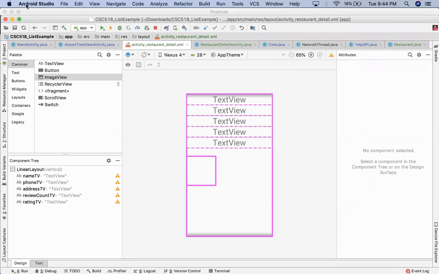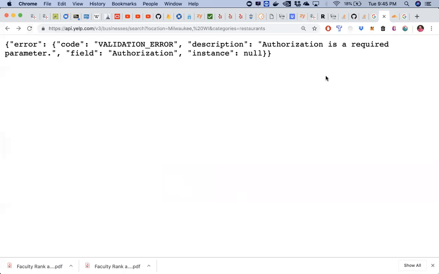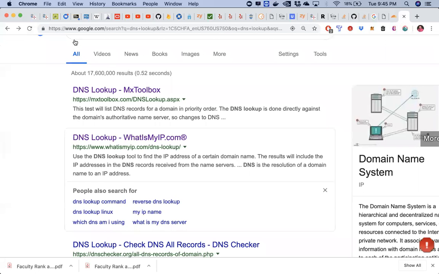Android Studio Joe is just crashing. Well, here, while it's gracefully dying, let me just go ahead